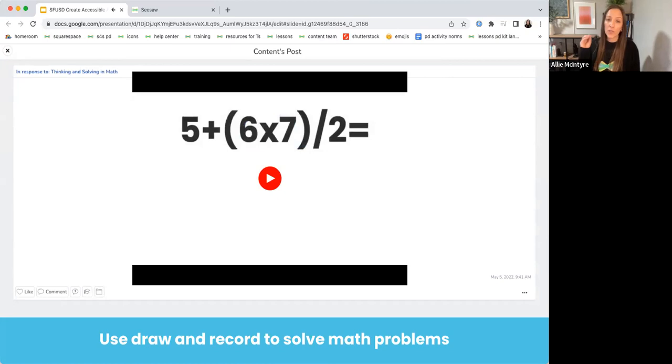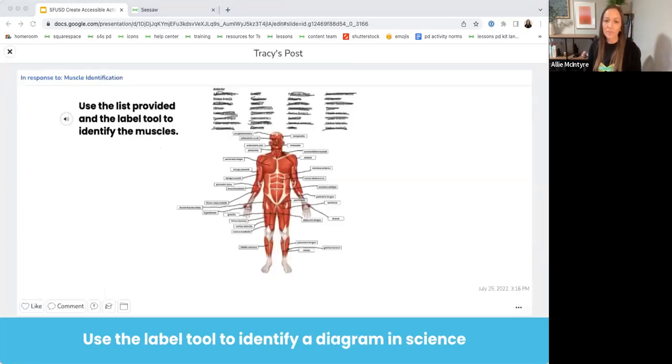So again, the student just used that microphone tool, and while they were recording their voice, they used the drawing tool to show what they were doing and then used their voice to explain it. So the teacher is able to quickly check in whether that student understands how to solve a certain, in this case, inequality.